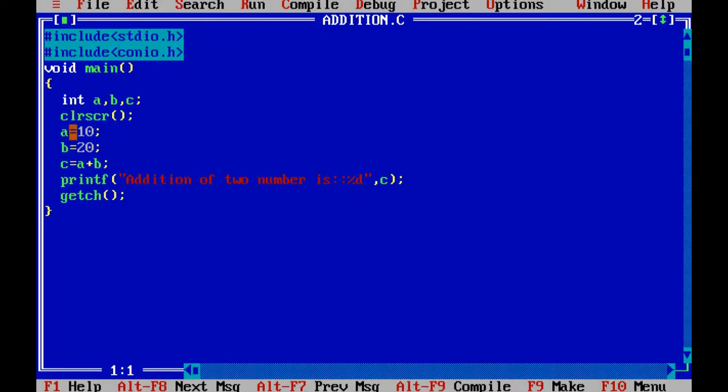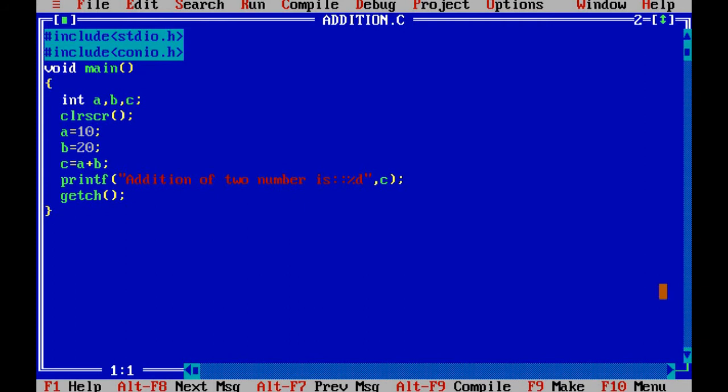Because the value of a is always 10 and b is 20, but it is not the same in mathematical algebra. In maths, we can take different values every time, and perform the addition on 20, 25, 30, 32, 34.